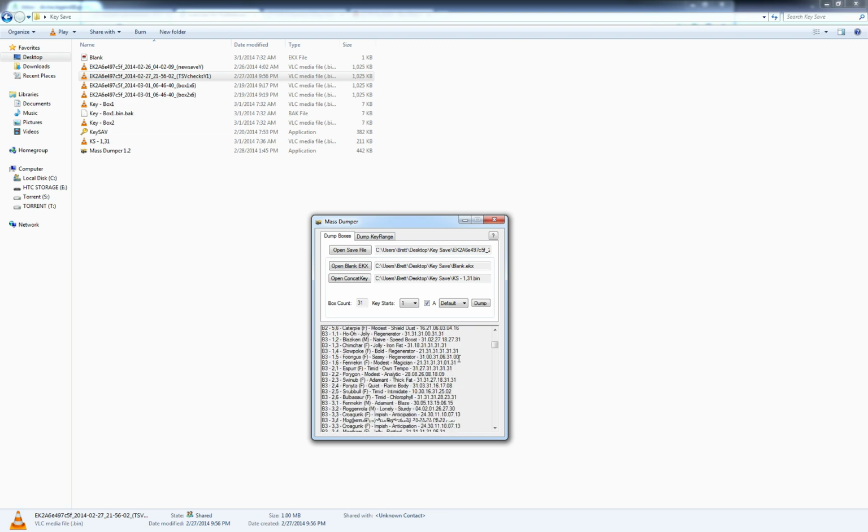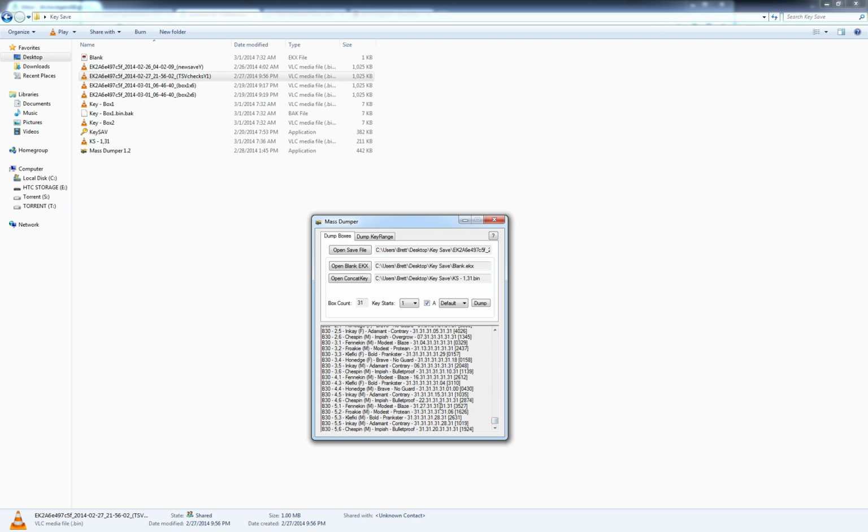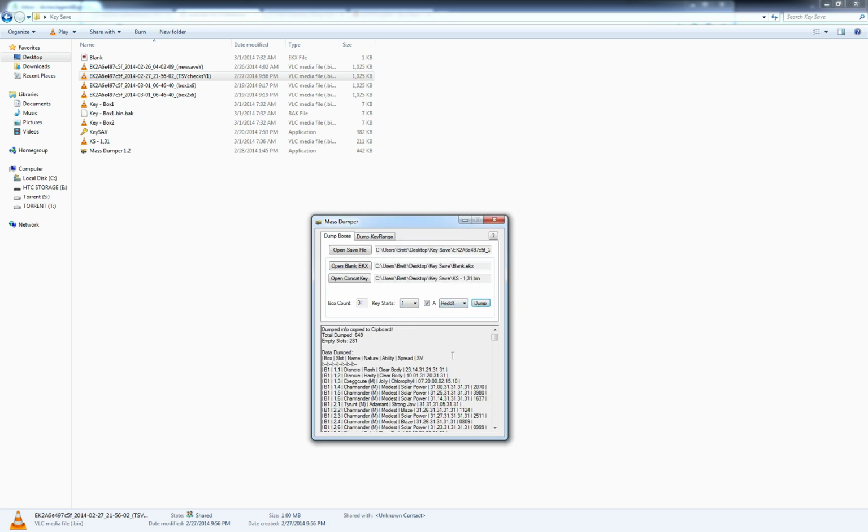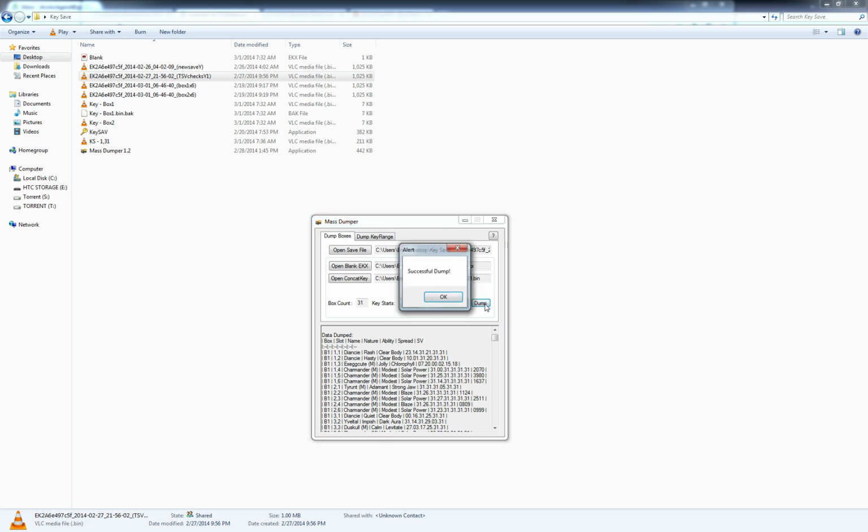But if it works, you should see just like this. It's going to show you every single Pokemon in all of your boxes, all the way up to 31. I don't actually have anything in my box 31, so it's just left blank. But there's a few options here. The default mode, which is what you're looking at right now. Then you got the Reddit mode, which is the same thing as default, but it has the pipes and stuff so that you can make Reddit tables. And then you got TSV mode,